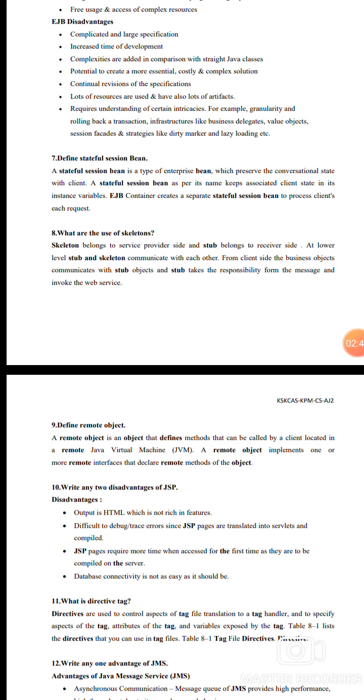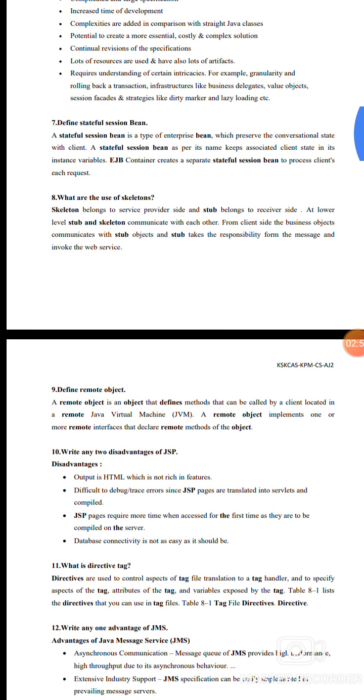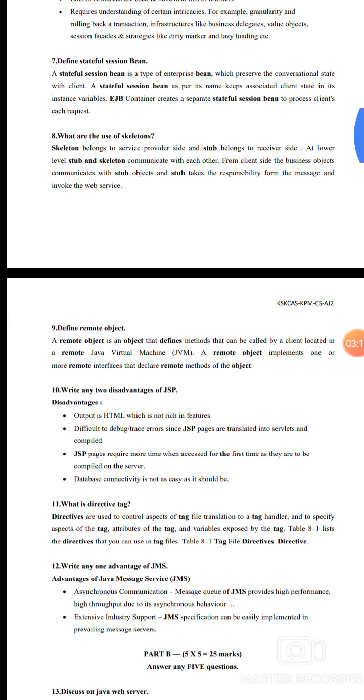The continual revisions of the specification, a lot of resources are used, a lot of artifacts, and it requires the understanding of certain tactics, for example transaction infrastructures like business delegates, value objects, session facades, and strategies like dirty marker and lazy loading, etc.